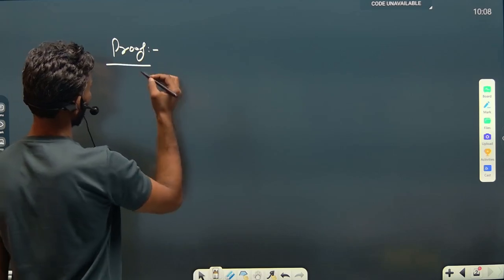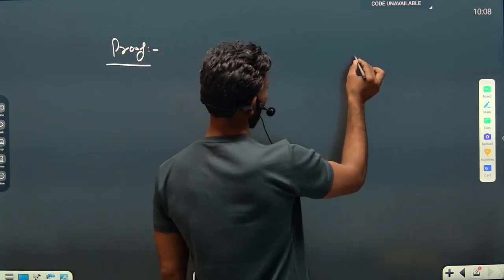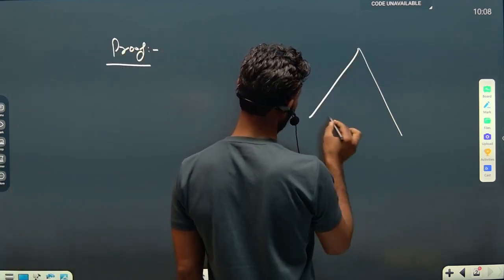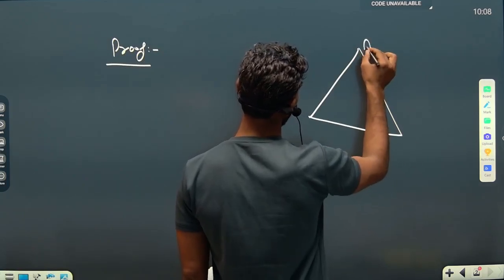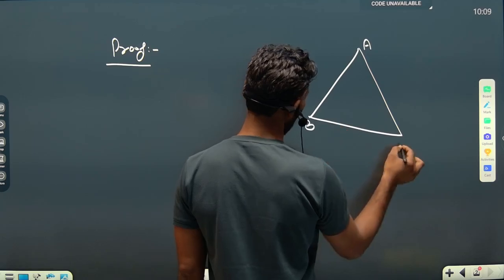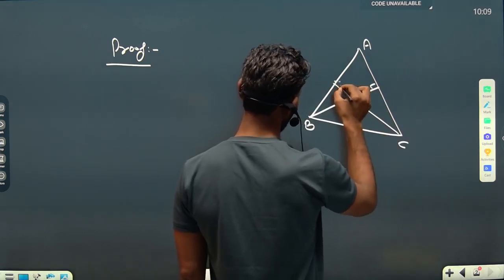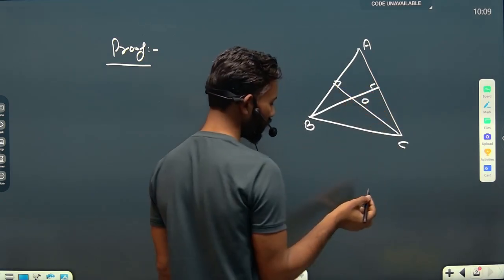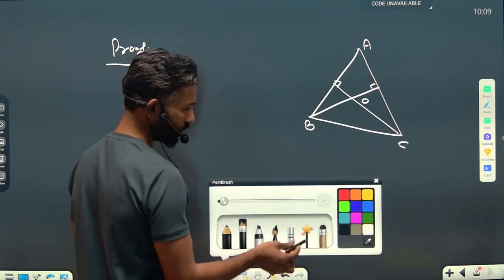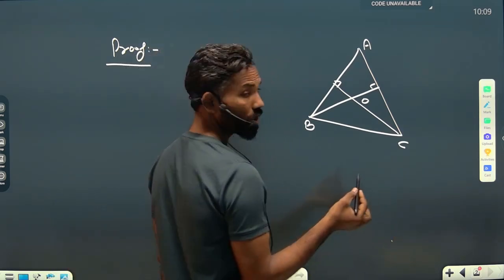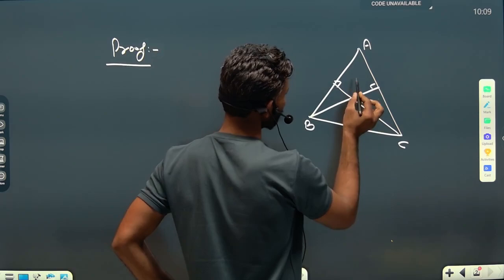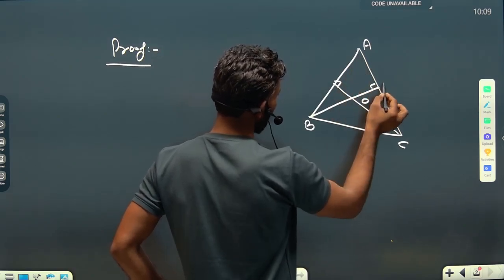Okay, so the proof is quite simple. As we discussed, it's a triangle ABC, and O is the orthocenter of this triangle ABC. So O is the orthocenter here, and we need to calculate angle BOC. When we calculate angle BOC, you can see here,